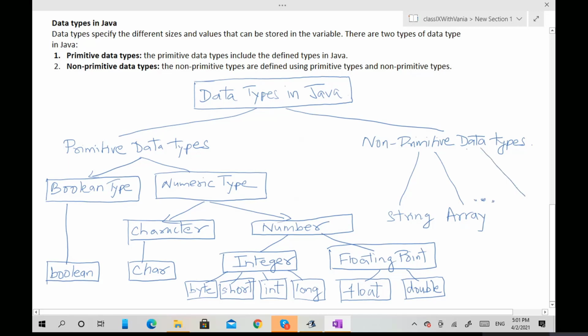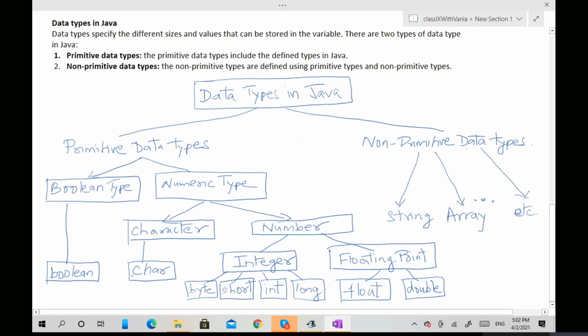You need experience to learn all these. Slowly we'll jump to non-primitive types at the end of class 9. In real life, we use non-primitive data types, not primitive data types. But the building block is this.